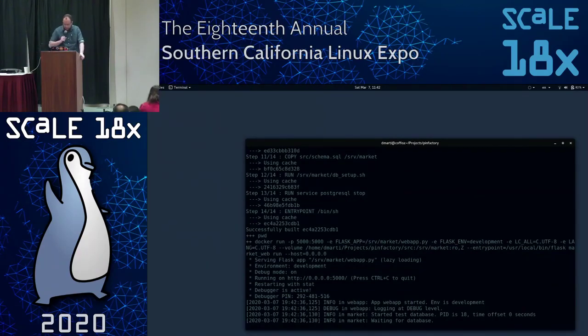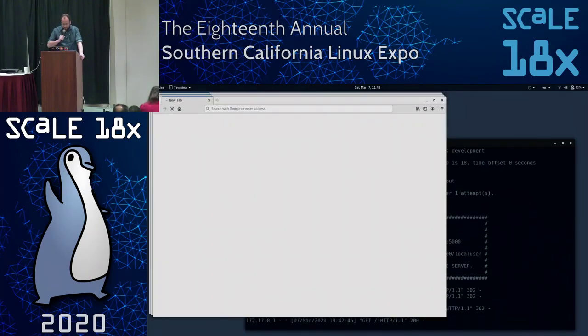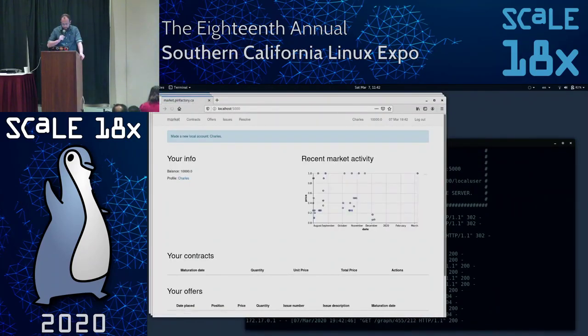All right, we're starting up the Postgres database in the container. And we started up 3 users.